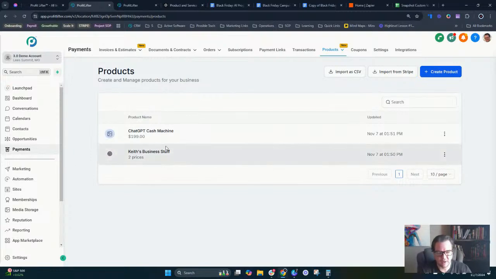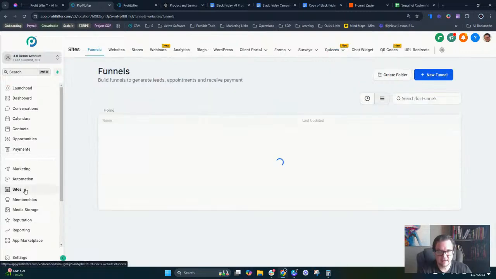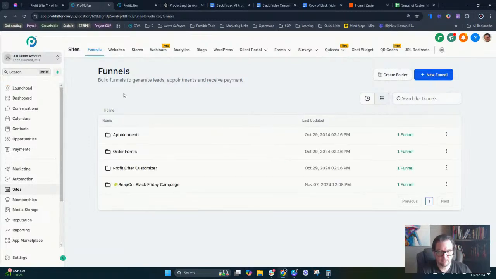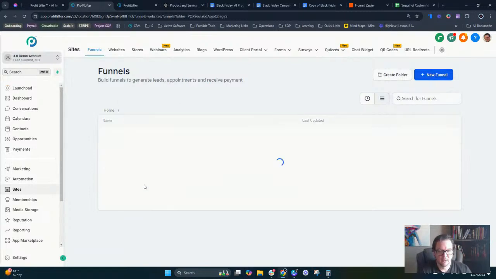But this is where you would add that in. Now that we have our products set up, the next thing that we need to do is connect the products with the form. So to connect the products with the form inside of a funnel, you